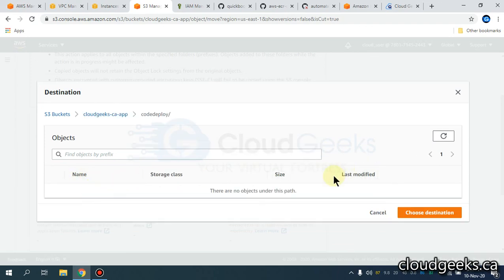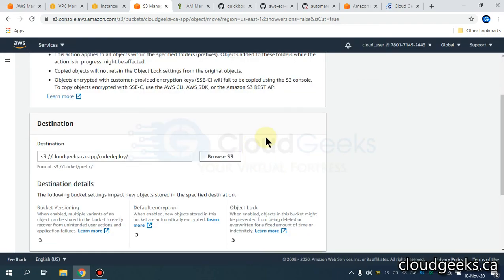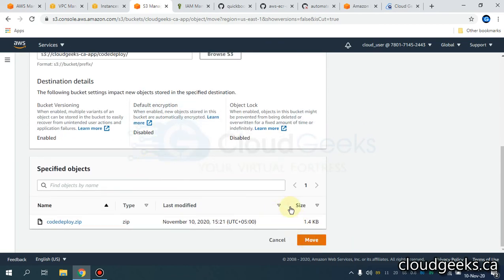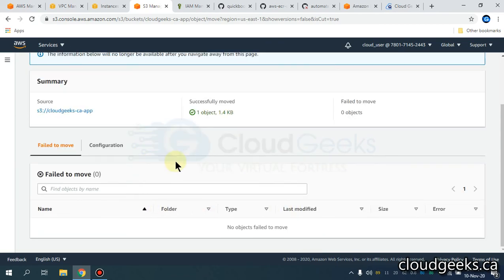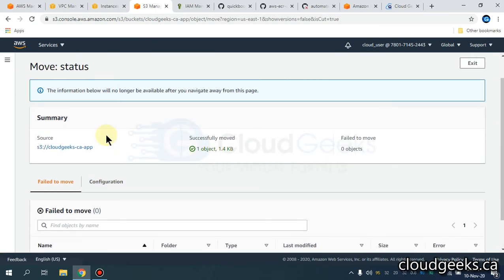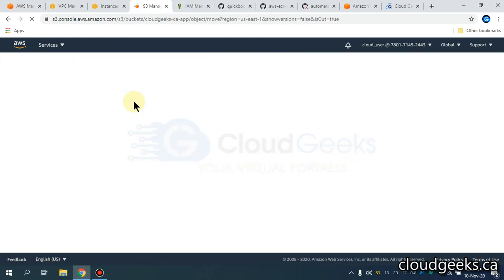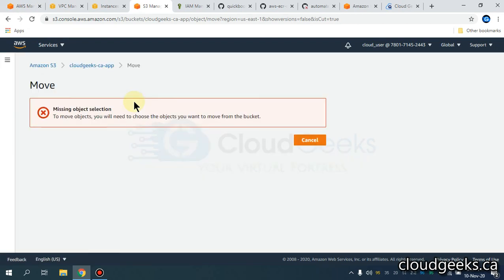Let me browse and choose the destination. This is the right destination, and I'm going to move this zip to this directory. All I'm doing is from the console, so you can do the same from the CLI as well.